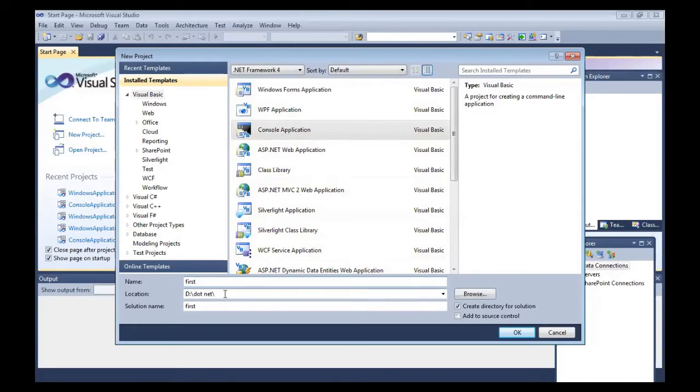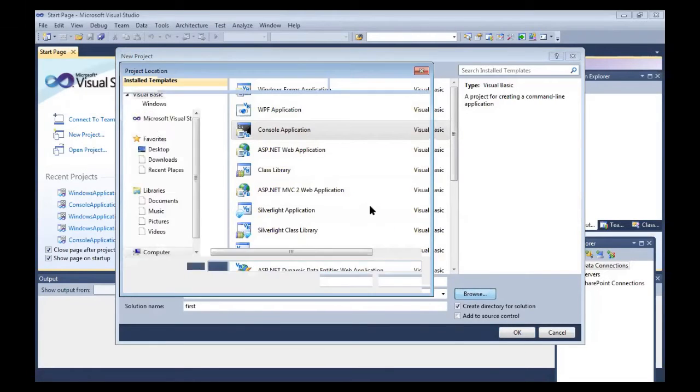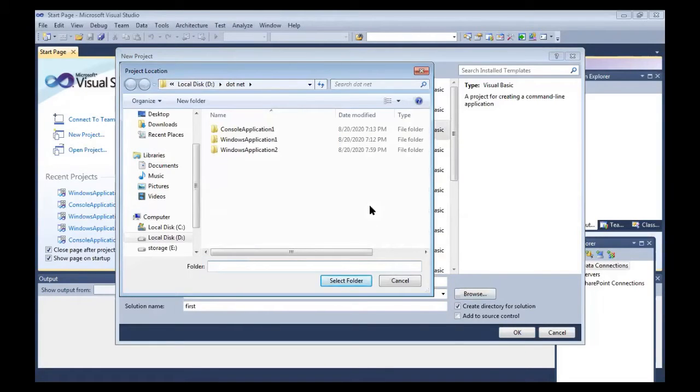If you want to change the location where you want to save the program, simply click on browse. It will ask where you want to save a particular project.